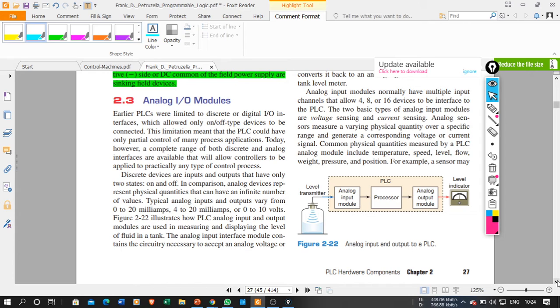Okay, but in some cases I need to use multiple steps. So my output should vary with respect to time. So these are called as analog. Now temperature, my temperature should not be directly 0 degree or 30 degree. Okay, so it will vary with respect to time in a particular manner. So when I switch on, instantly my temperature does not reach 30 degree, and when I switch off it does not reach 0 degree.